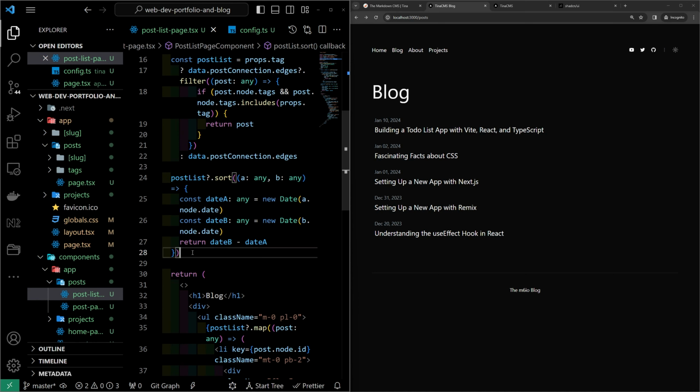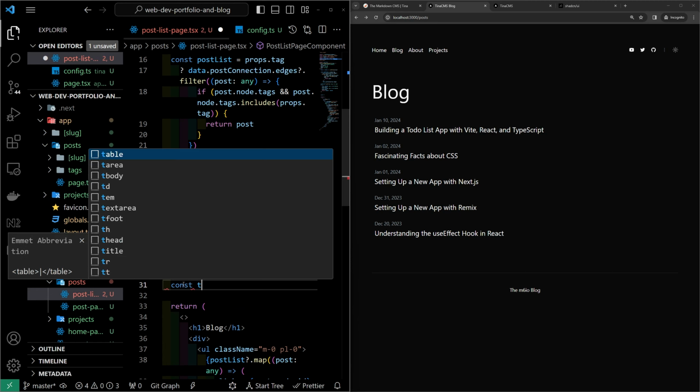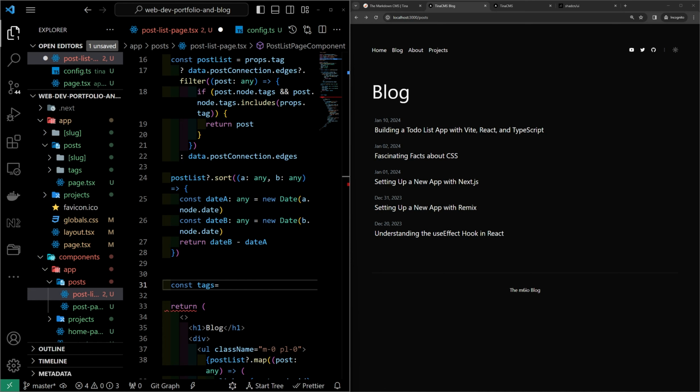And down here, one of the things that we want to show is not just the things that are shown by tag, but we also want to have the tags themselves. And this is going to be a little tricky because we have to show all of the tags that exist across all the posts. And we also want to show how many of those tags exist that we can filter by. So this is how we're going to do it. We're going to create a new variable called tags, and tags is going to be equal to